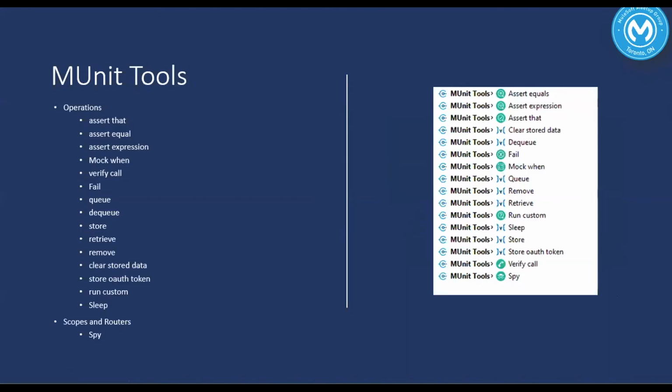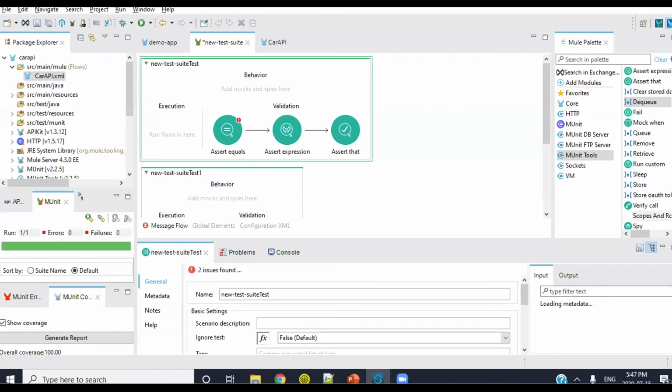Yeah, under the MUnit Tools, we have a lot of operations: assert that, assert equals, assert expression, mock when, verify call, and dequeue. Here, assert equals, assert expression and assert that.